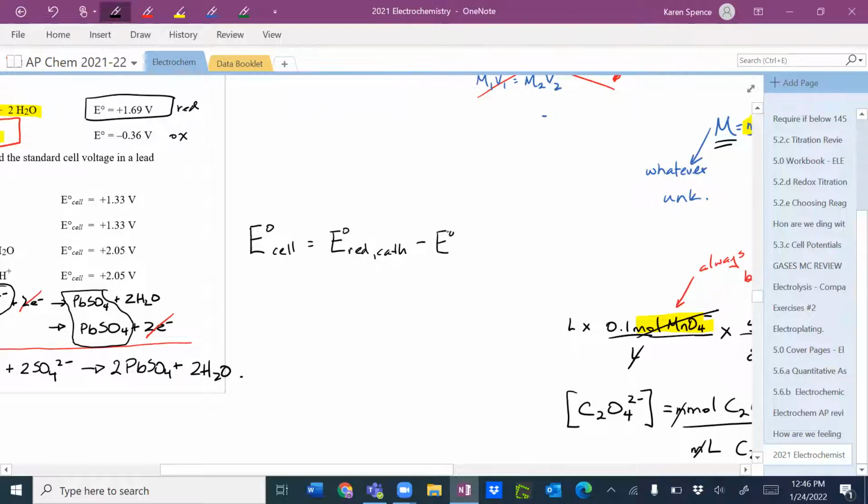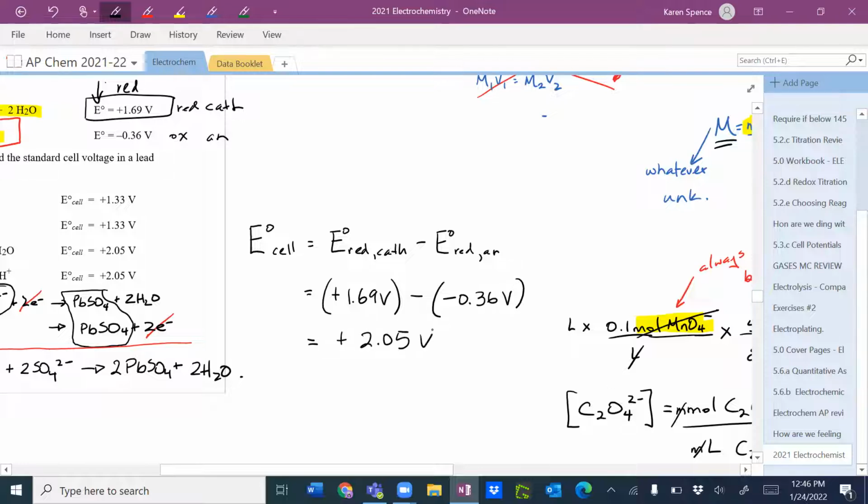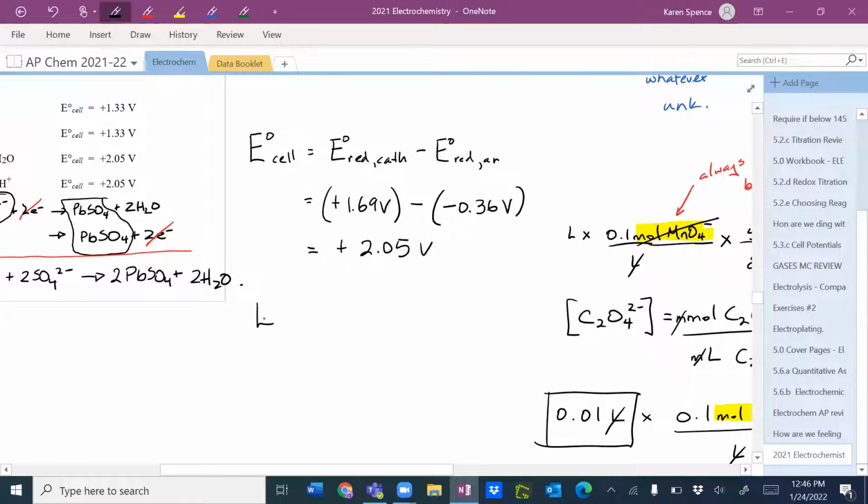Minus E naught of reduction at the anode. And if we do it that way, this is our cathode, this is our anode, and both of these are reduction potentials. So that would be positive 1.69 volts minus negative 0.36 volts, which is positive 2.05 volts. Your other option, of course, you can say E naught of the cell is equal to E